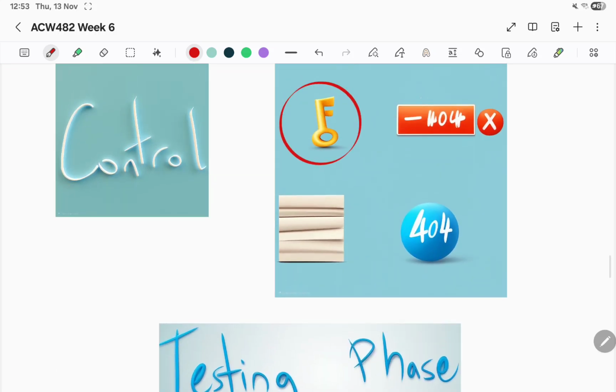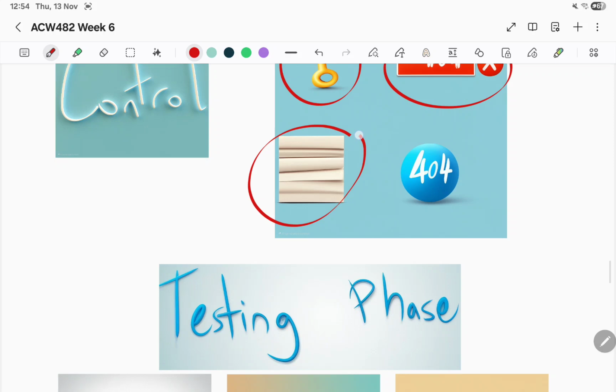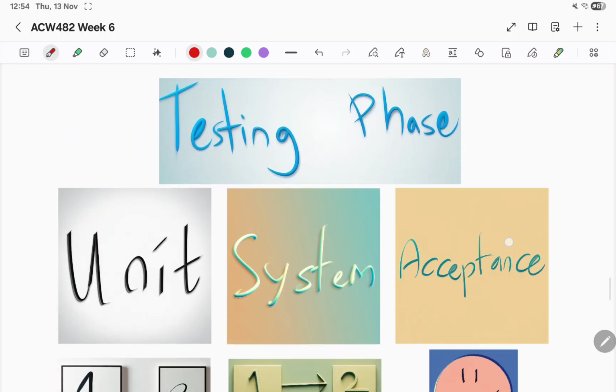You have this one. The control on when the data is not the correct data, you will not allow the user to enter the data into the system. Then you also have control on adding in the audit trail, the log back to the system. And maybe if there's an error or feedback, you can have that. Okay, now we move into the